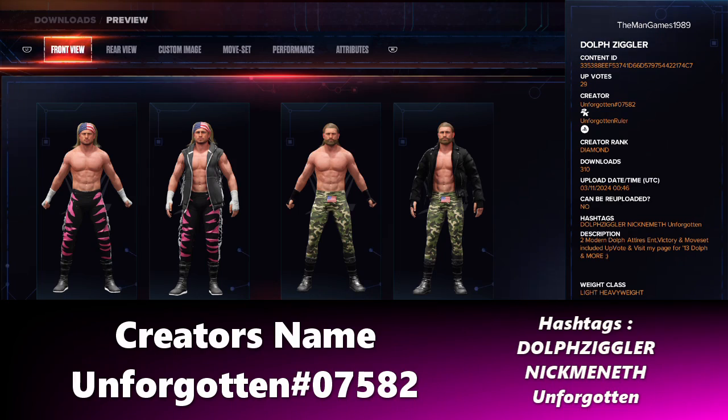And then finally we have this creation of Nick Nemeth, formerly known as Dolph Ziggler. So these are more based on his WWE time. So that's his more NXT time, and this is a WWE more themed one. But this is facially wise, in my opinion, the best creation of Dolph Ziggler / Nick Nemeth you're going to find, so that is why I did put this one in.